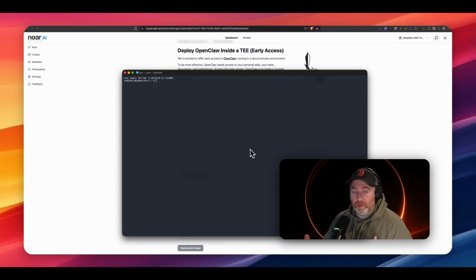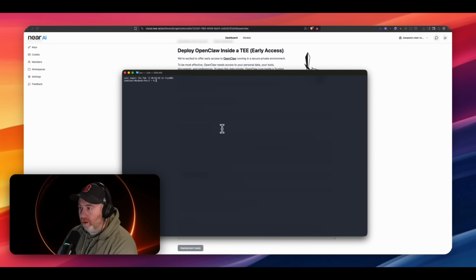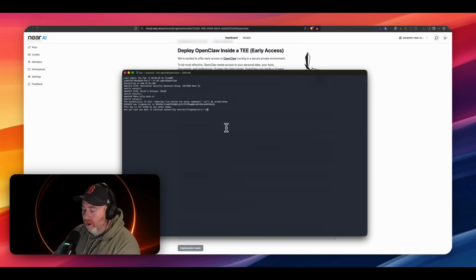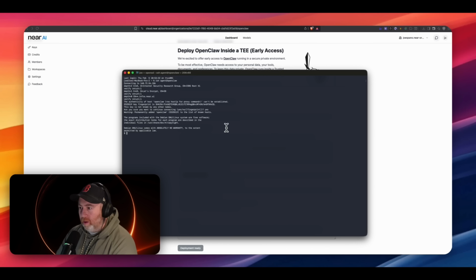All right, like the directions said, I added the information to my config. I have everything all set up on my system. And now I've opened up my terminal and I'm going to just paste in the SSH command that they provide, which is just agent at OpenClaw. Again, this is shortened because of the way the config is set up. Otherwise, you normally would have to do the URL and stuff like that. And yeah, we want to say yes. All right, we are in, and really easy. So they can just go from there. So then this is now going to leverage how you would set up normal OpenClaw.